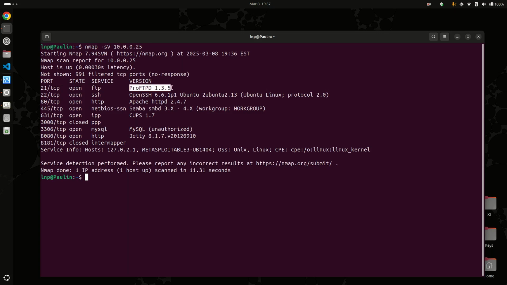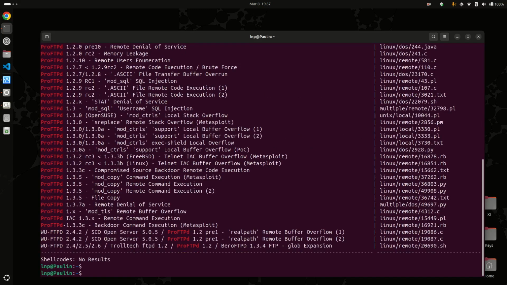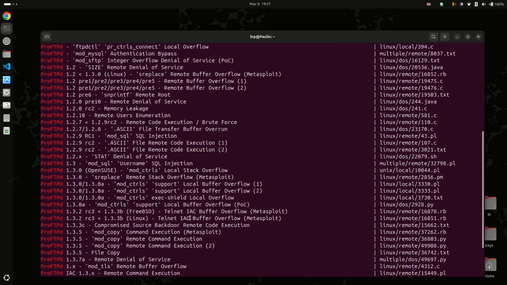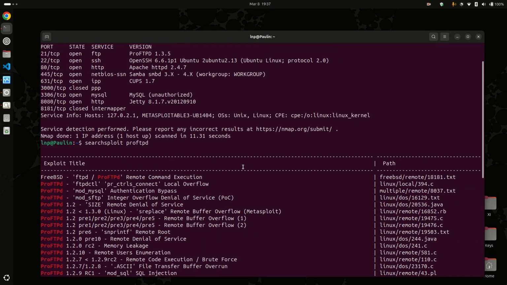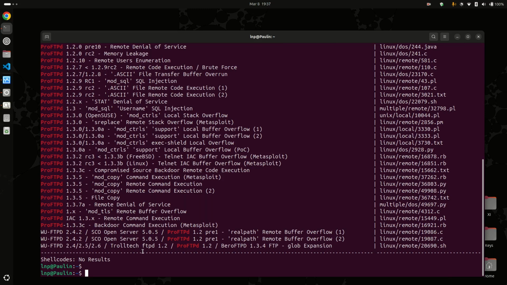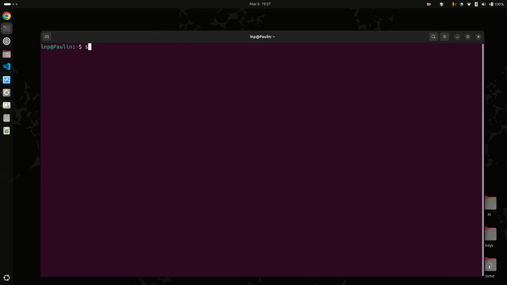ProFTPD. So if we do searchsploit and we search for ProFTPD, we would see that we have a result here. And if we look at the result, you see here we have results that can be exploited using the Metasploit framework. So I'm just going to cancel, clear the screen, and start our Metasploit console. I'm going to do service